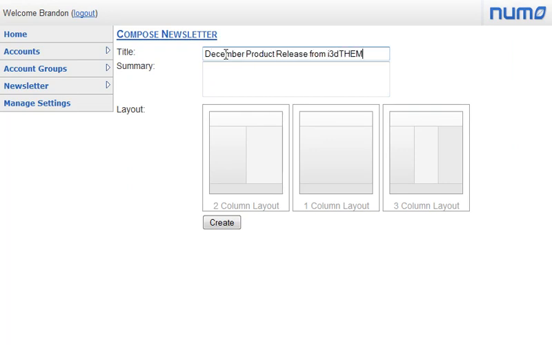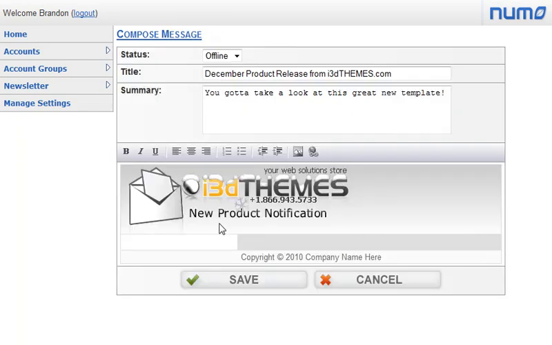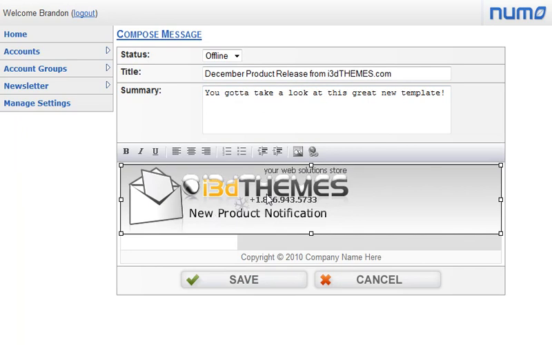from i3dthemes.com. And the summary is a... we're going to make it a one... no, let's make it a two column. Hit create. As you'll see here, I've already uploaded an image into our system, something that I made up for our own website. And what I would really recommend to you is that you go and make yourself a really sexy, slick looking graphic